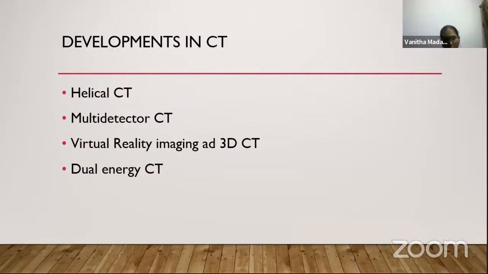So there are almost 7 generations of CT scans till now, which differ in the mode of data acquisition, as well as the position or number of detectors, and based on the movement of the patient couch, whether it is moving continuously or we have to do it manually after each rotation of the gantry, and based on the path of X-ray. Initially, the path of X-ray beam used to be a pencil beam. Later on, it changed to a fan beam.